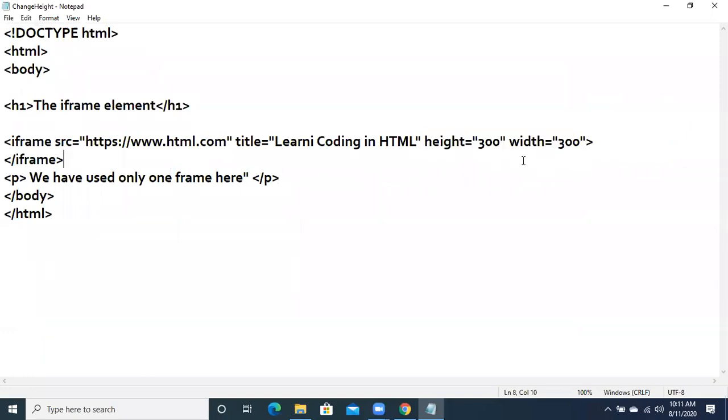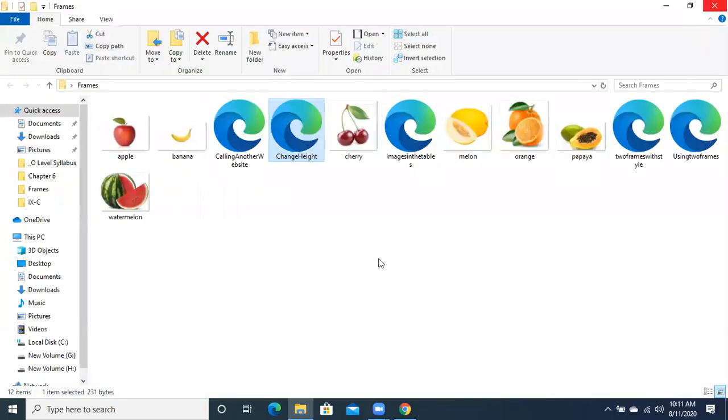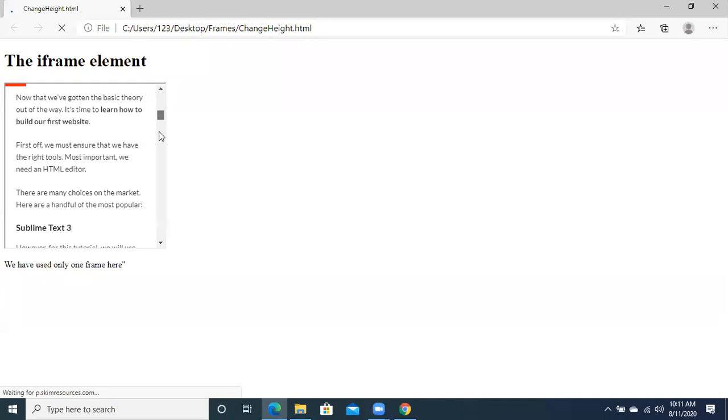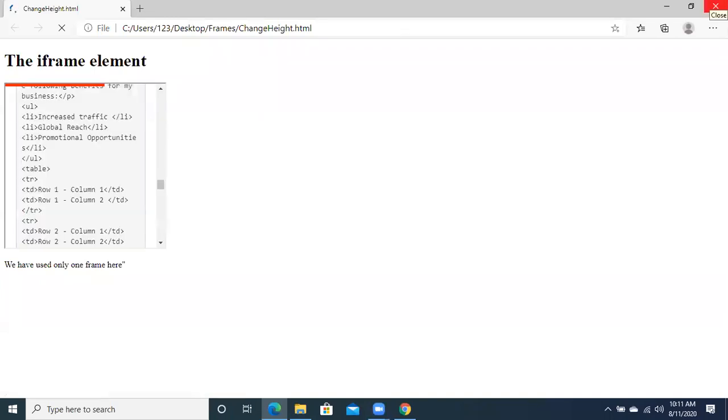By default it was showing us a small frame, but now we have mentioned the height and width as 300 by 300. Keep in mind that the 300 is written in double quotes in both cases, whether it is width or height. When we include this, it will define the size of the frame. Let me close it and open it again. Now you will see that the frame size is comparatively large. It is a bit bigger than before. We can even increase it more.